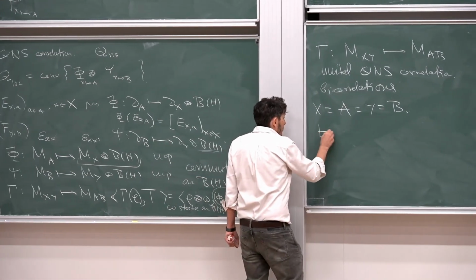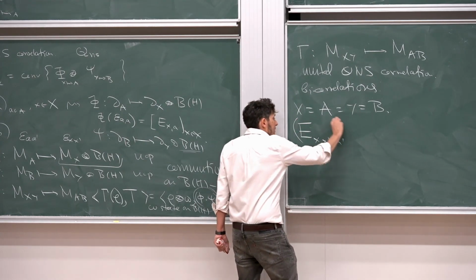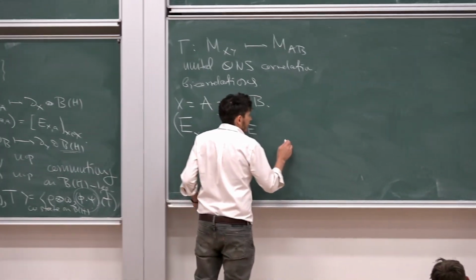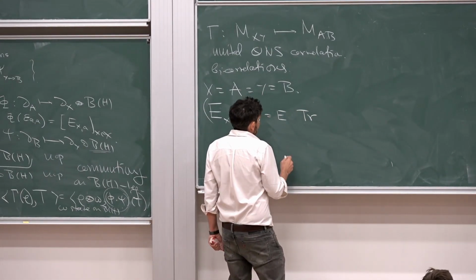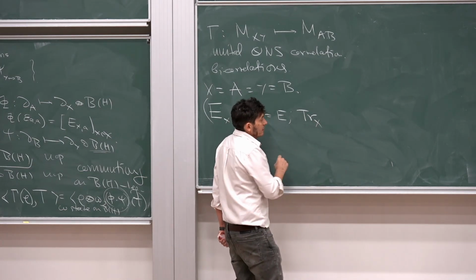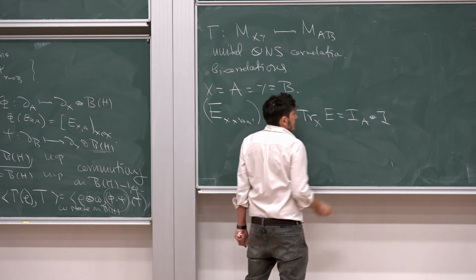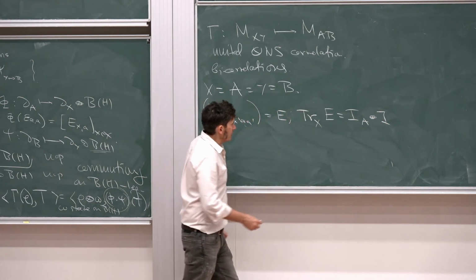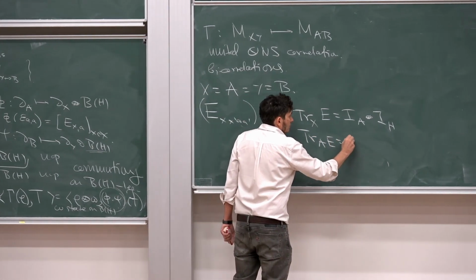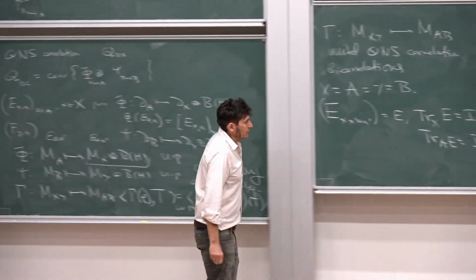I need to have a version of a bistochastic matrix. Again, it will have some coordinates, right? And now you want to have both trace preservations, not trace preservation exactly, but kind of slicing. So if I slice partially along x, I will get the identity on the A system, tensored with some kind of identity on some Hilbert space, and similarly for the other way around.